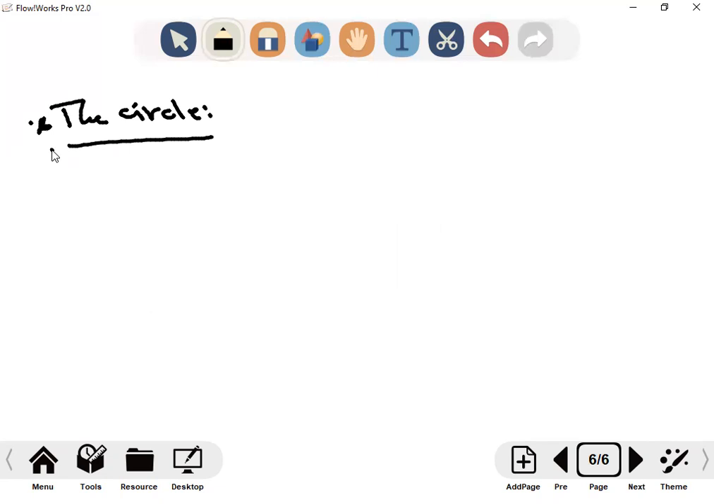Now, we know that if we have a circle, it has some parts, right? Inside the circle, what we have at the middle, the center. So here, if you remember this P,